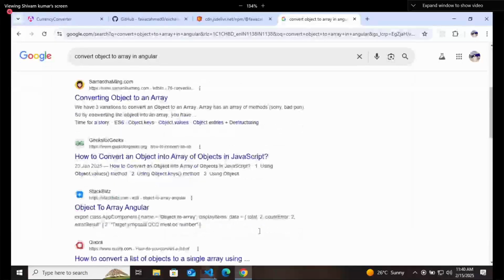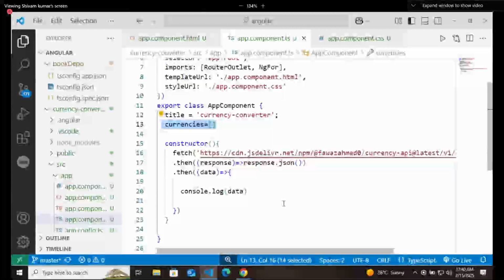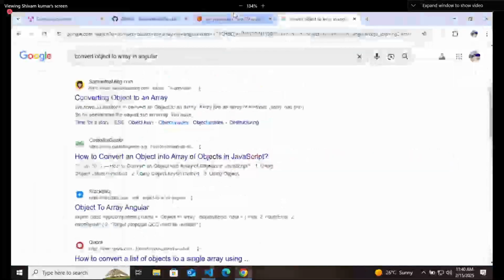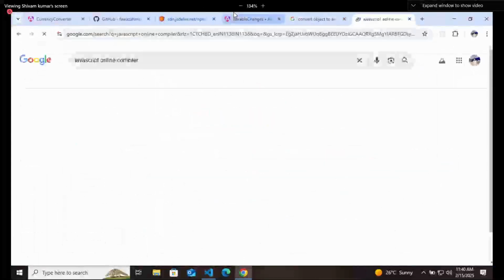For that, actually, we are going to use the map from JavaScript, which is available in TypeScript also. So go to the JavaScript compiler.